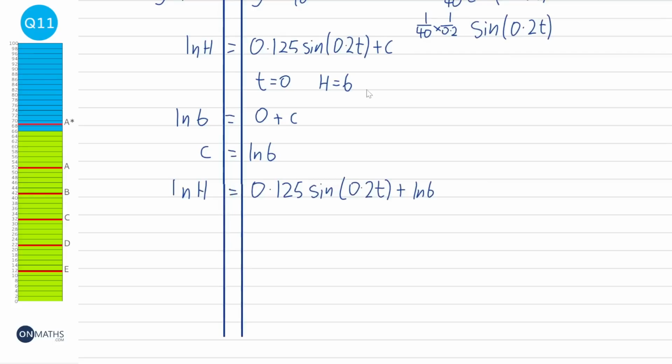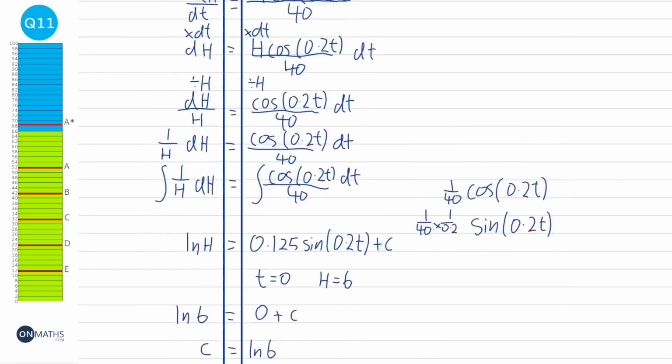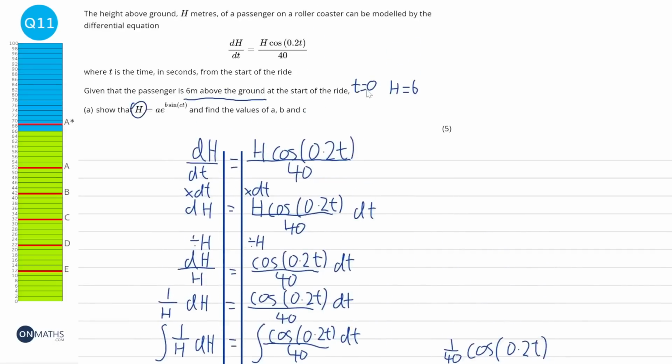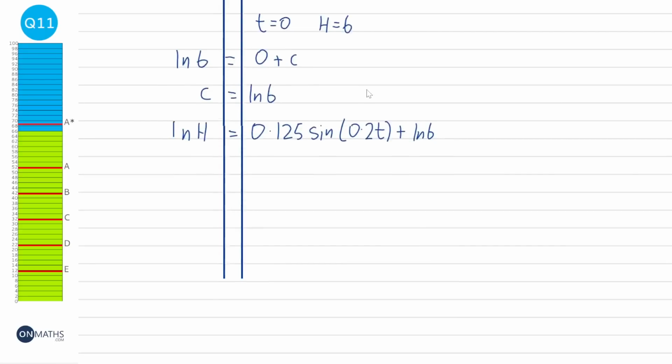Now we want to try and get h on its own, because we can see that h is on its own in what we're trying to get. So it's a natural log, so we're just going to e both sides, and e is basically the opposite of ln, so that just leaves us with h. Nice. And then it just raises everything on the right hand side to e. So it's going to be 0.125 sine brackets 0.2t,